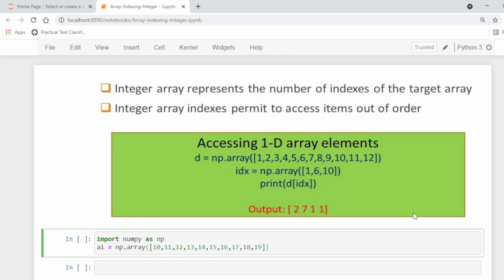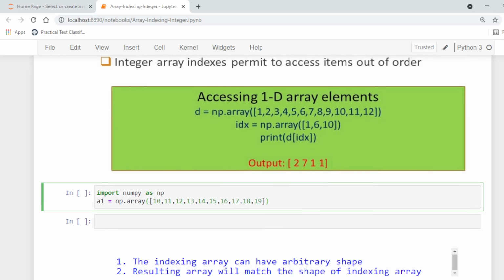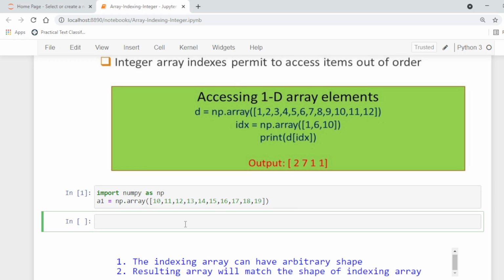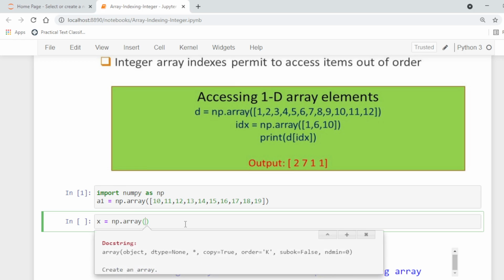So here is an array. Let's say, for example, this is the array. Now we want to define another array, let's say x, in which we will specify the indices for the above array.